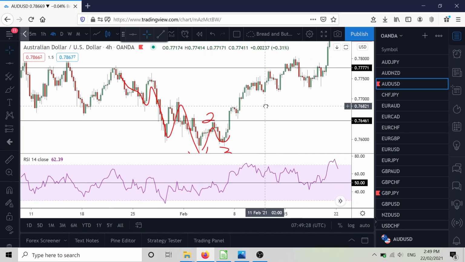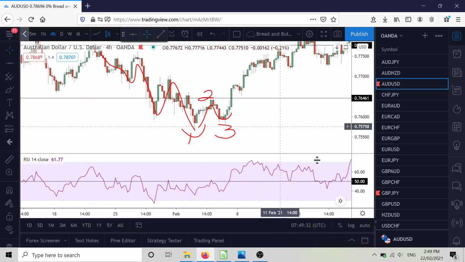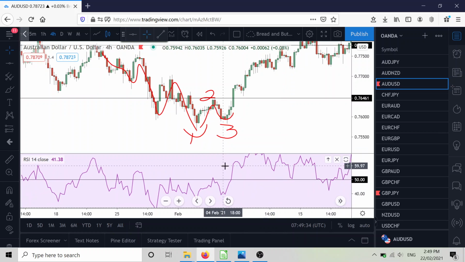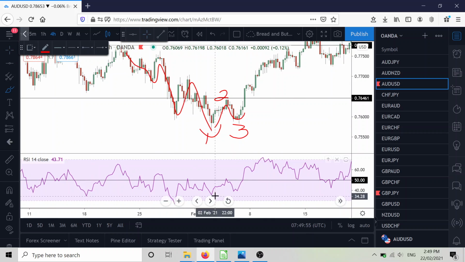As you can see, the price goes higher and higher, right? But the key here is actually the RSI. I like to draw the level 50, and that's actually the secret sauce to trade this pattern, to filter which reversal pattern is a good one or a bad one, right? So this is point number 1,